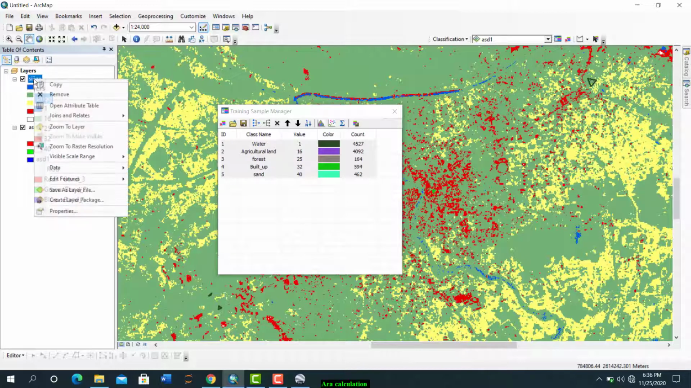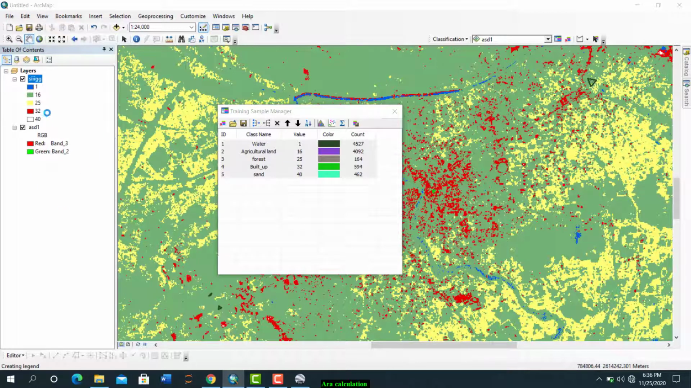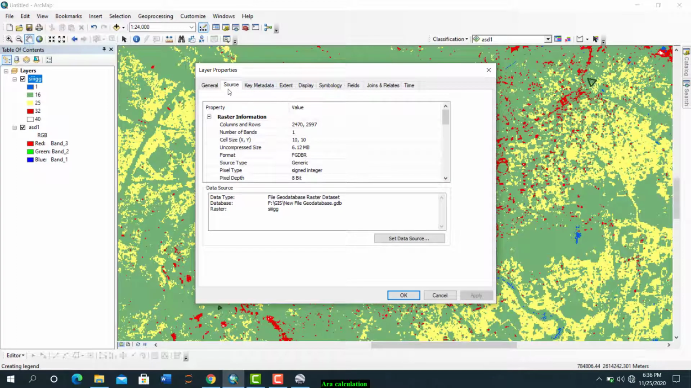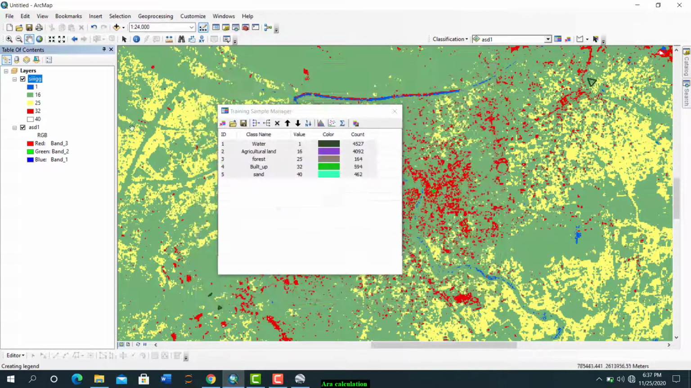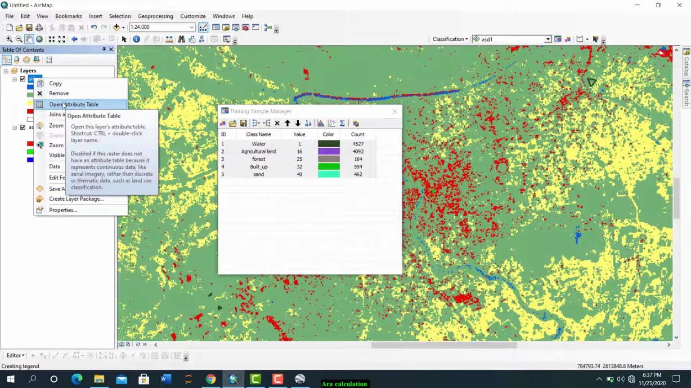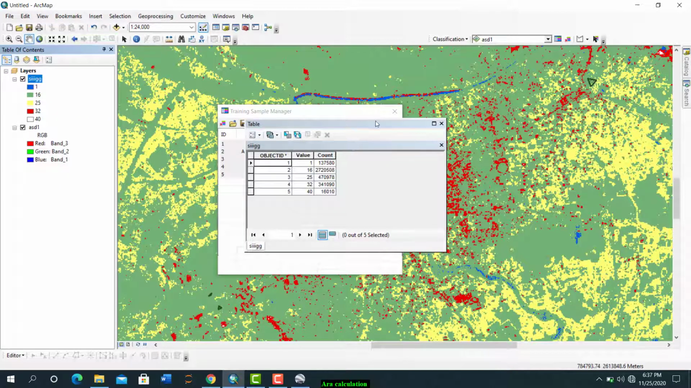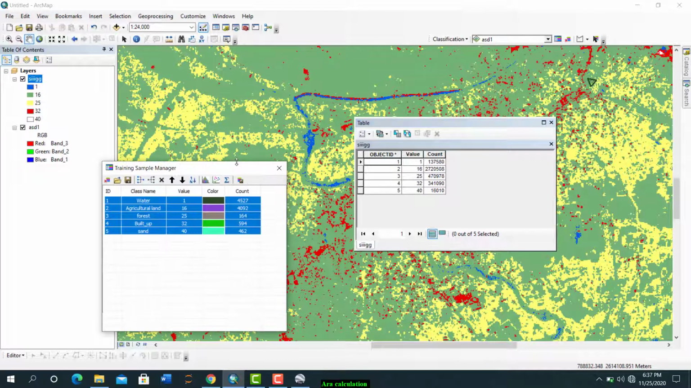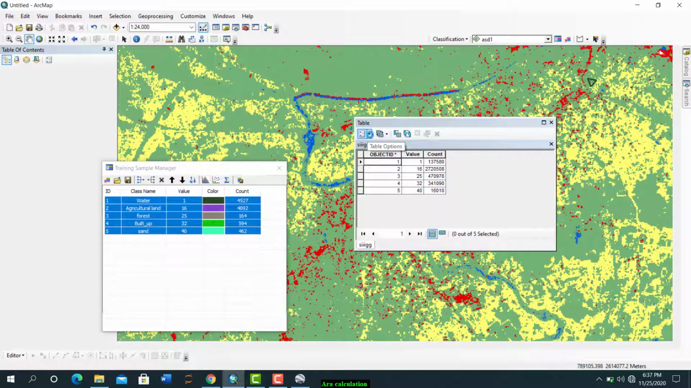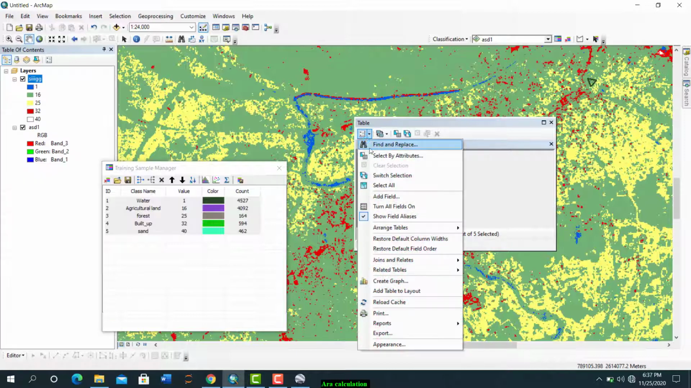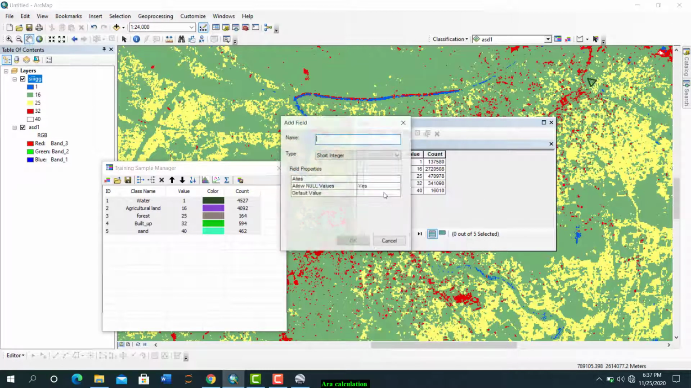Okay, now we're going to properties and then we're going to the attribute table. We want to know the area for each class. So to know that, click here, add a new field, add field, name it area, type double. Okay,